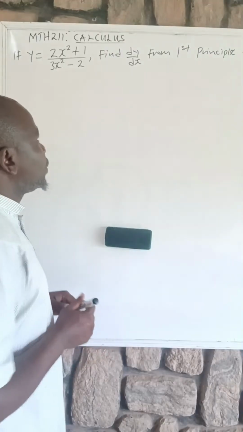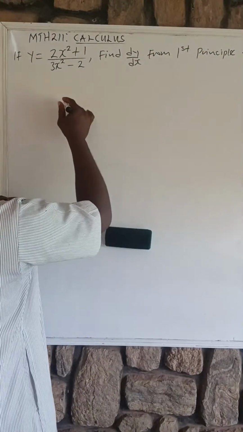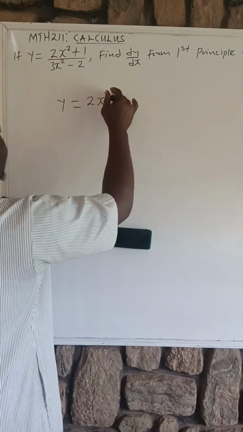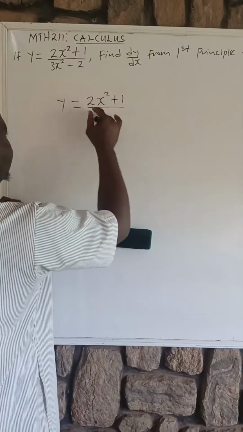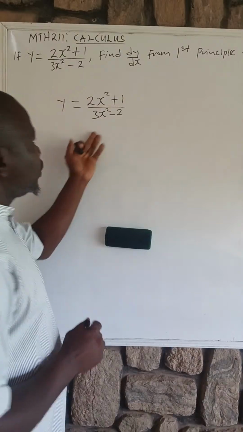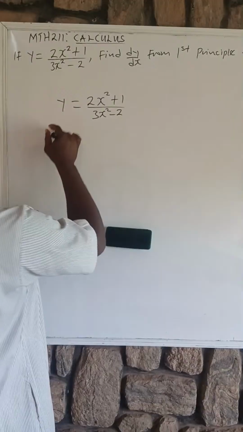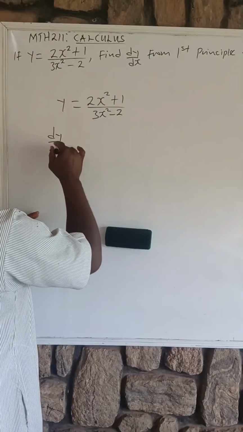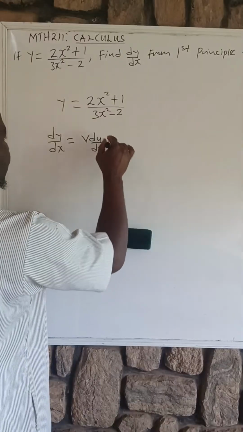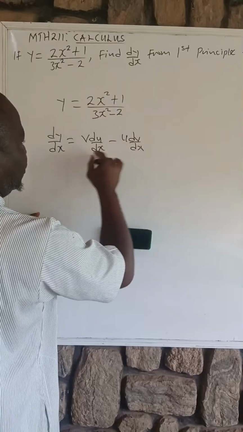Ordinarily, if we want to differentiate y equals (2x squared plus 1) all over (3x squared minus 2), we are supposed to use the quotient rule. And the quotient rule is dy over dx equals v du over dx minus u dv over dx, all over